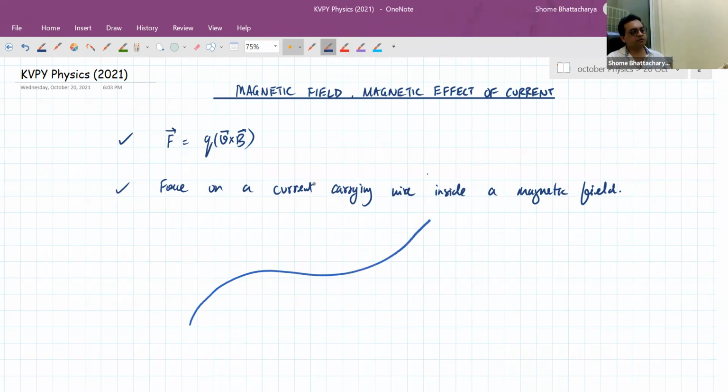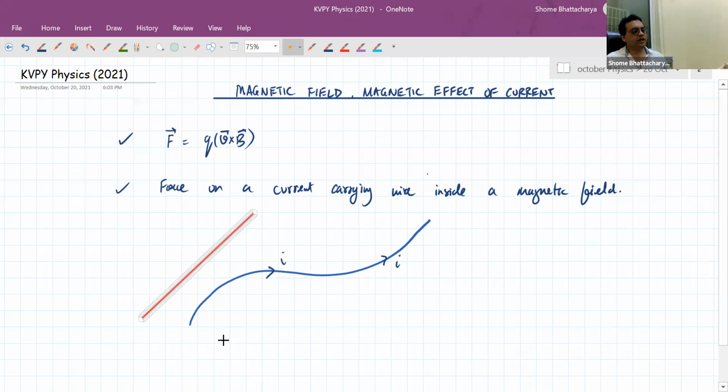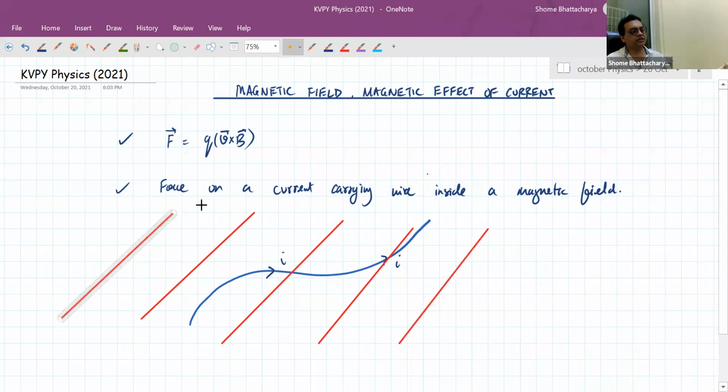Suppose we have some kind of an arbitrary current carrying wire like this, carrying a current I like this, and this is in some kind of a magnetic field, which may or may not even be uniform, but here I just show the magnetic field lines as if they are uniform. A little later today, we'll discuss how we can generate a uniform magnetic field, what kind of system generates a uniform magnetic field. So this is our magnetic field. At any point, the magnetic field vector is lying along these parallel lines and has a magnitude accordingly.